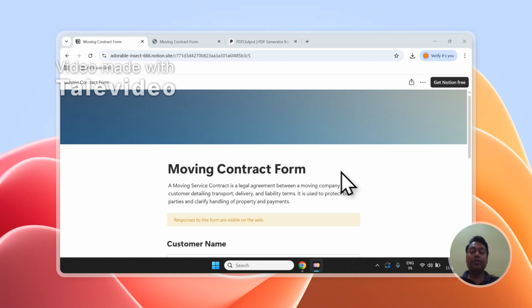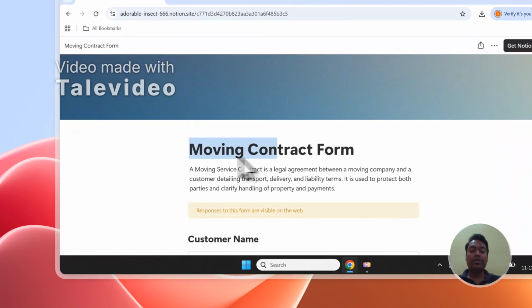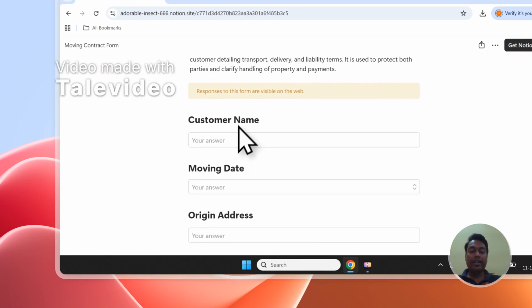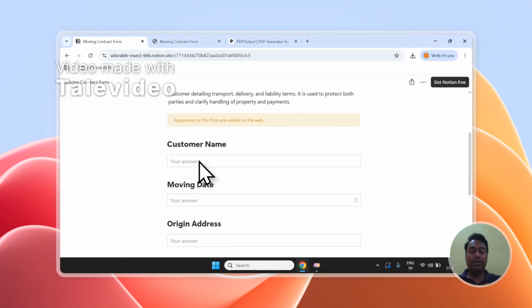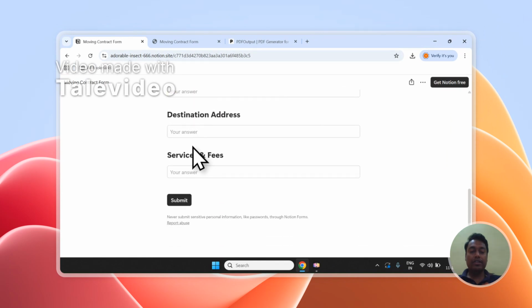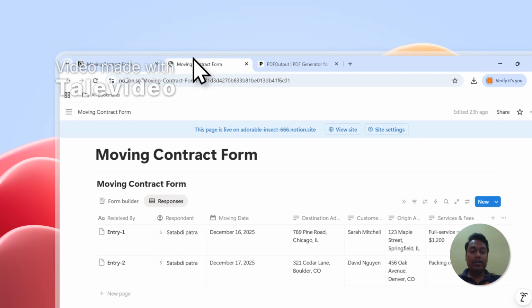Hi, today we're going to understand how to convert a Notion form into PDF files. And specifically for this demonstration, we are going to talk about moving contract form. As you can see, I have created a form over here with some of the fields added to it. And once the user fills in all the details in this form and they click on submit, the responses will